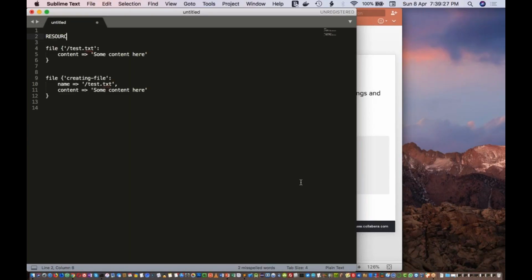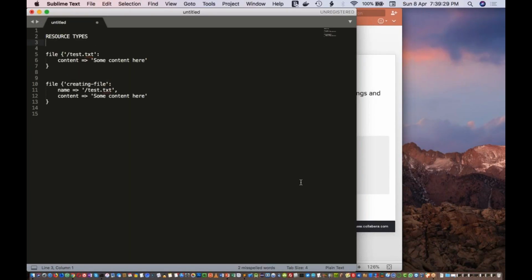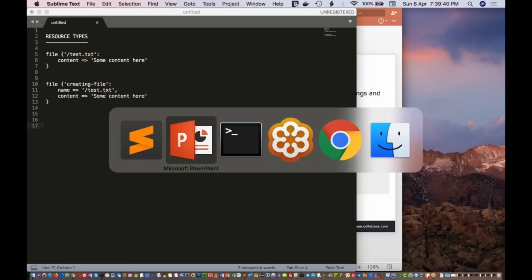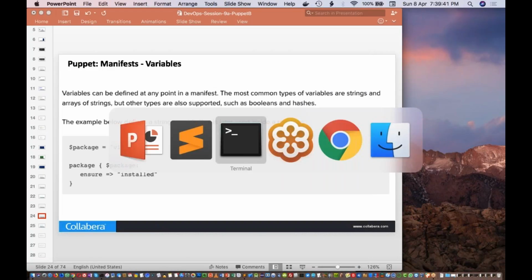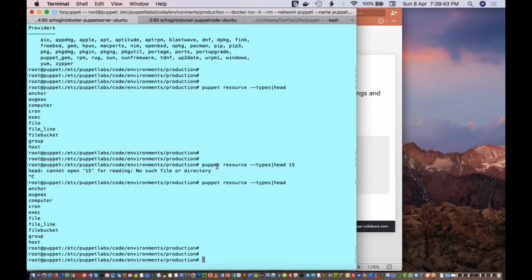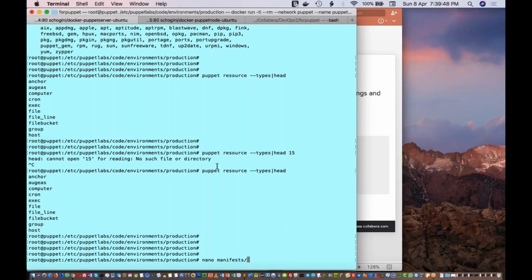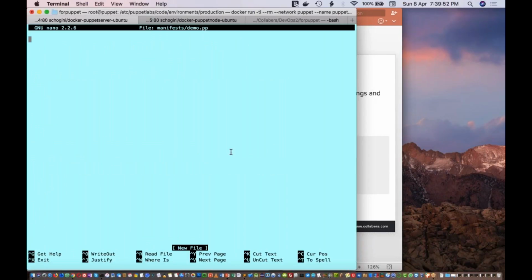So this one is, say, resource types. Now what I'll do is create a new manifest file. Inside this manifest folder, I'm going to create a demo.pp file.